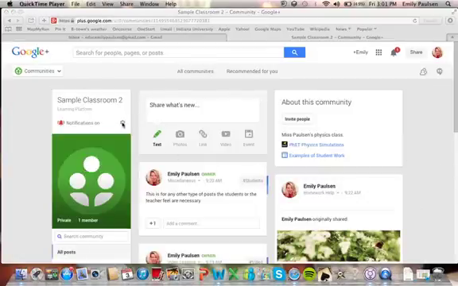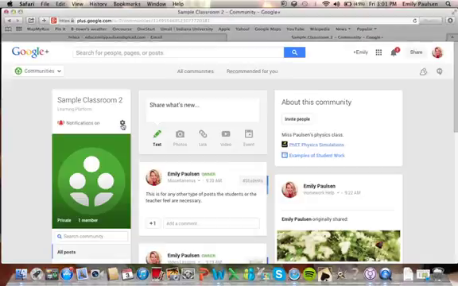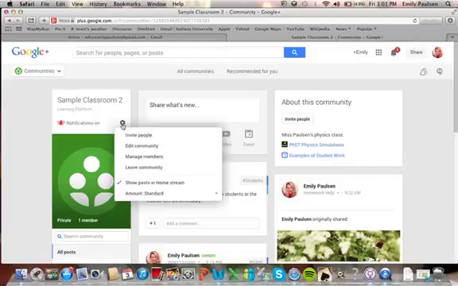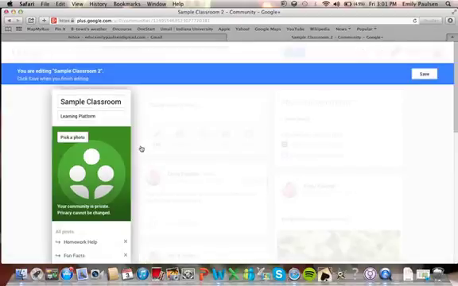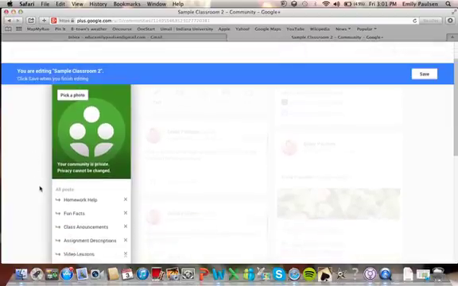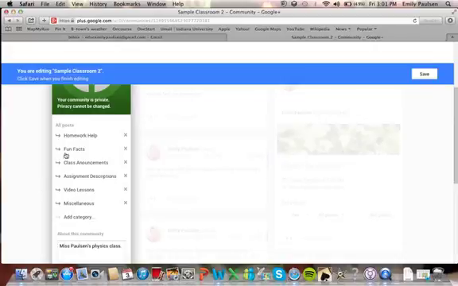and I'm going to click here on this little gear. This will be the settings, and I'm going to go to Edit Community to kind of show you how you can get it set up. So when you create a new community, you will be able to add post topics or categories, which are right here. This is going to be your main organization for the different parts, the different types of posts in this